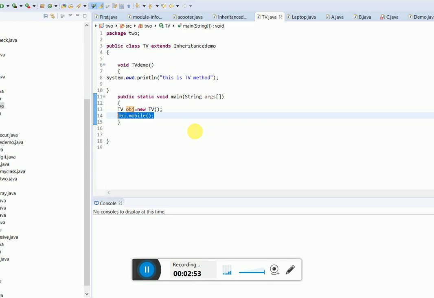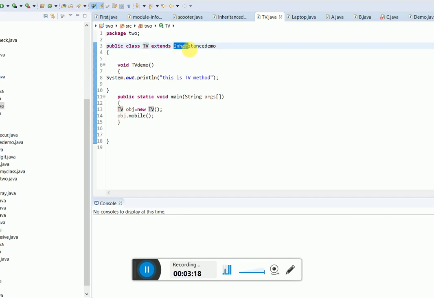One thing that you have to remember is that whenever a child class is inheriting some other class, means it is acquiring its property, then through its object it will be able to call all those methods. Like the TV class here is a child class, right?